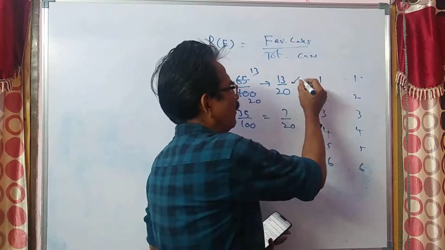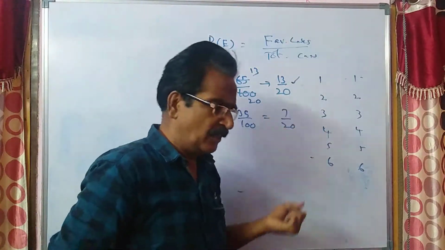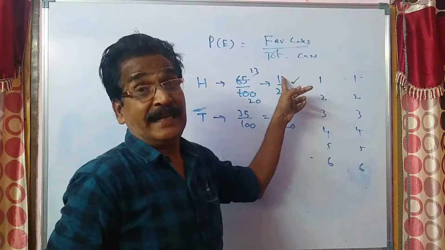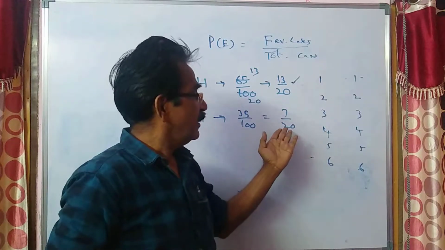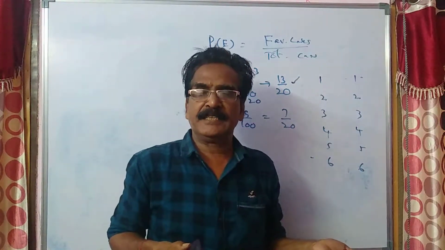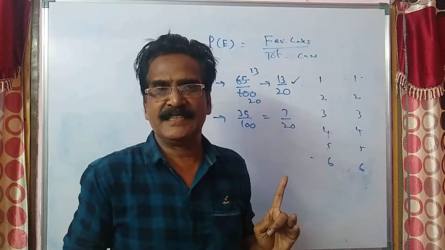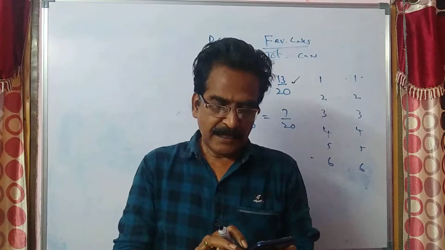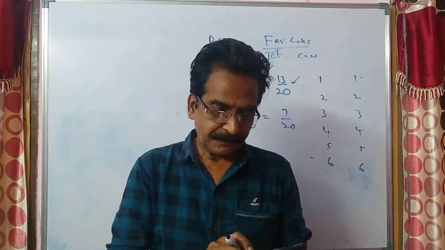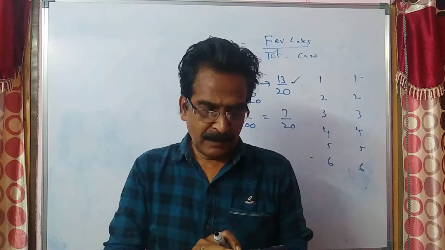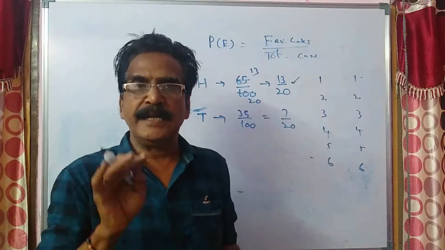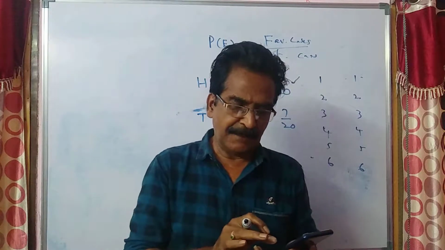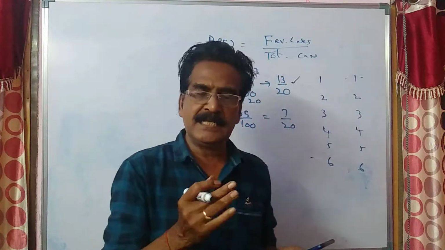What does this mean? If you toss a coin 20 times, you will get head 13 times. In the same way, the remaining 7 times it turns tail. So here let us see the problem. In a game involving this coin, Amit is paid rupees 15 per head. That is, if Amit